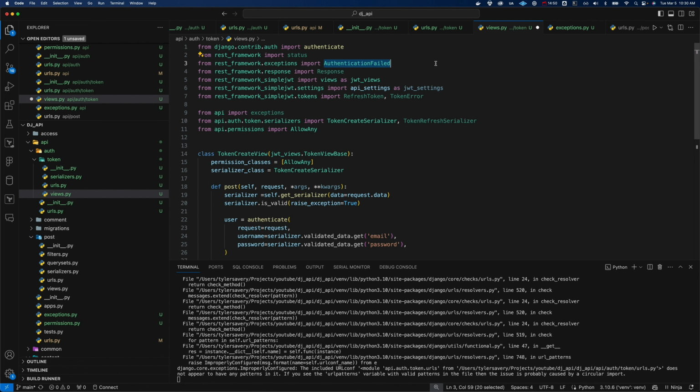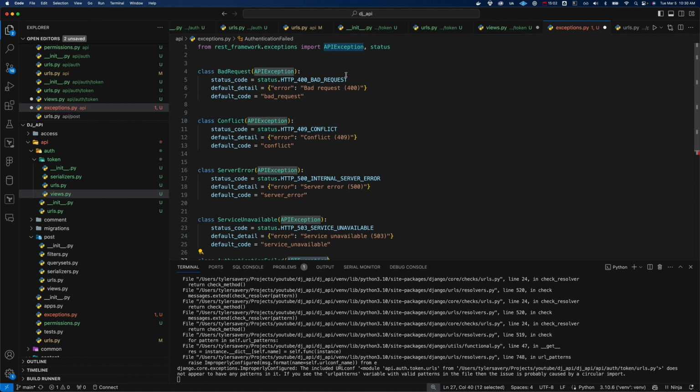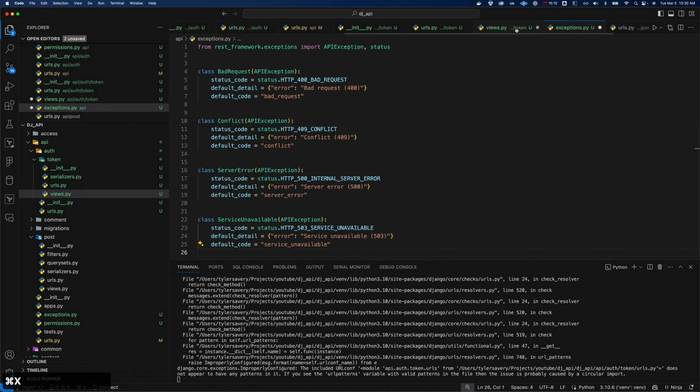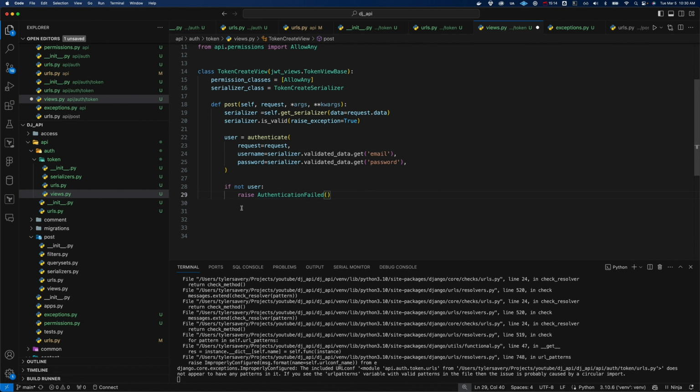But another way we could do it is to just create this here. So we could have class AuthenticationFailed, extending APIException, but it gets a little bit complicated because we'll be using the same name. So I am just going to import it here and use the default one. So we're going to raise the AuthenticationFailed, and